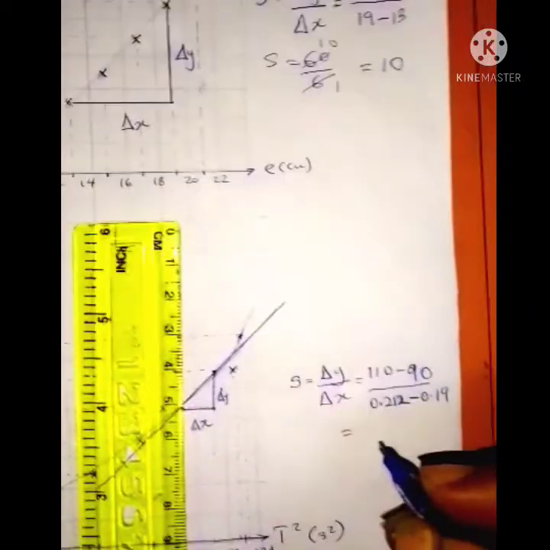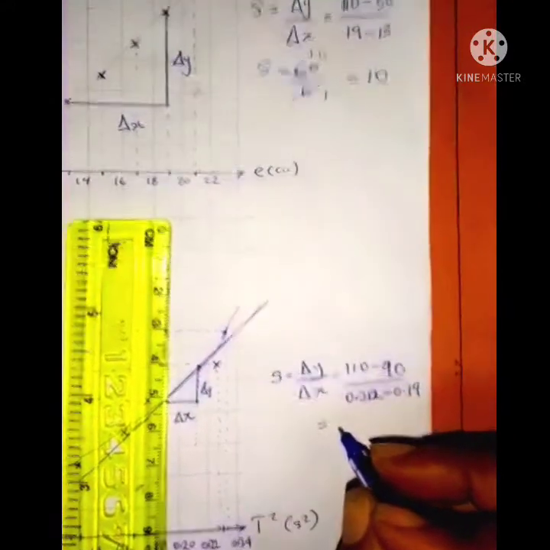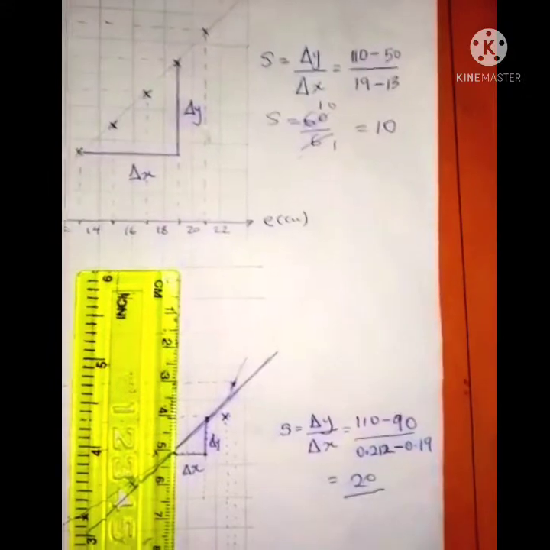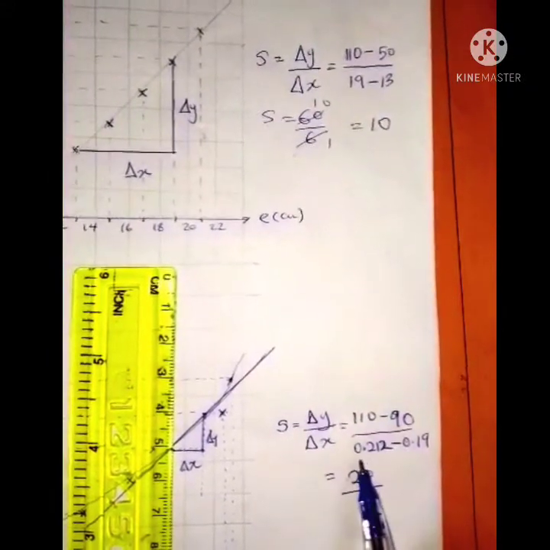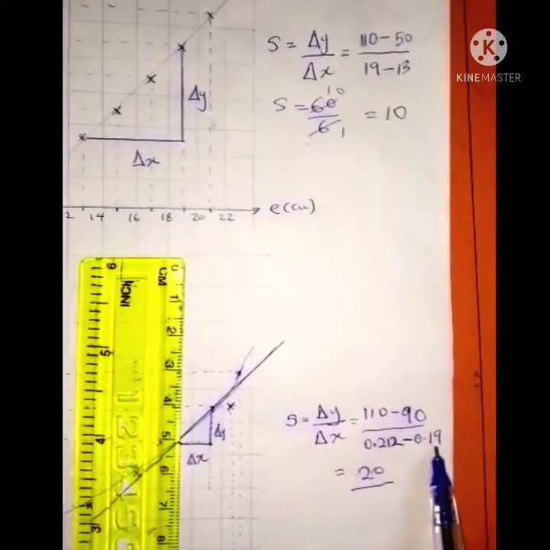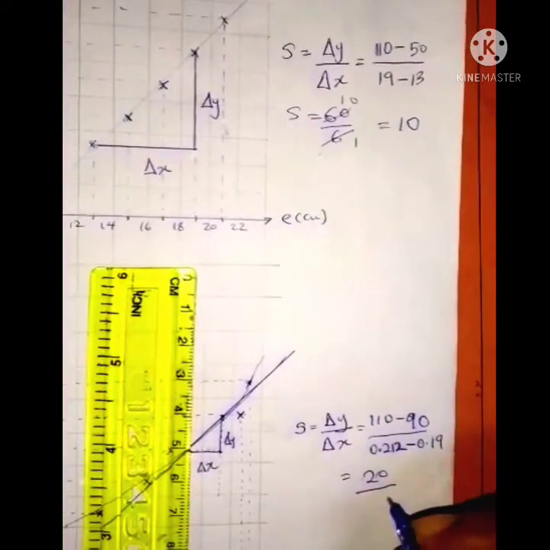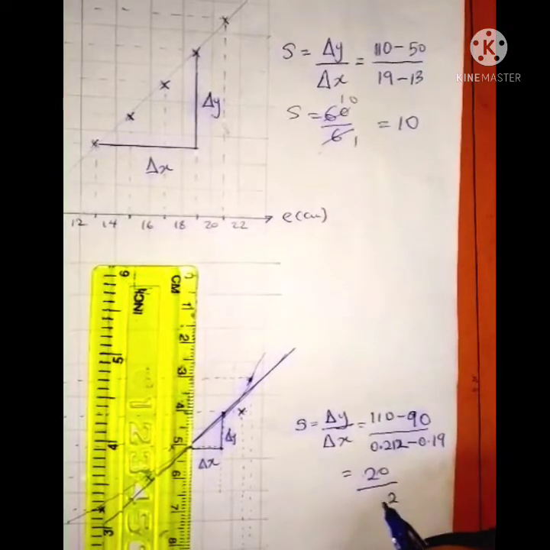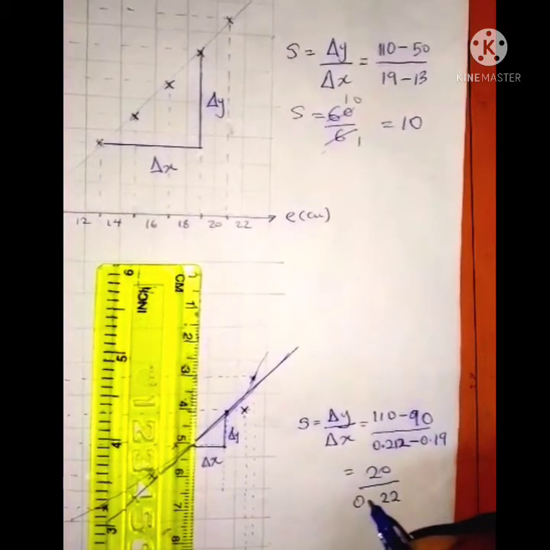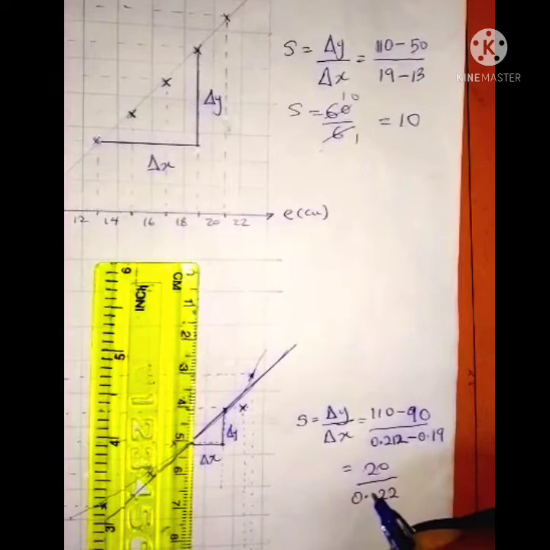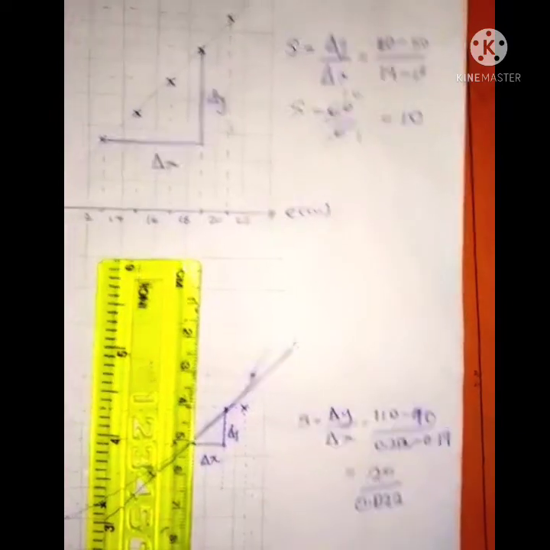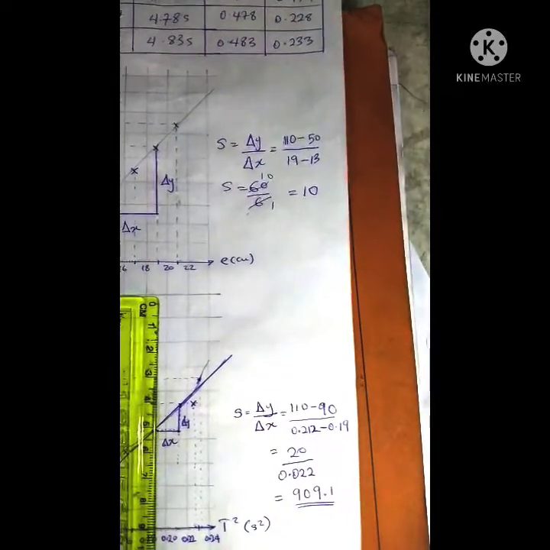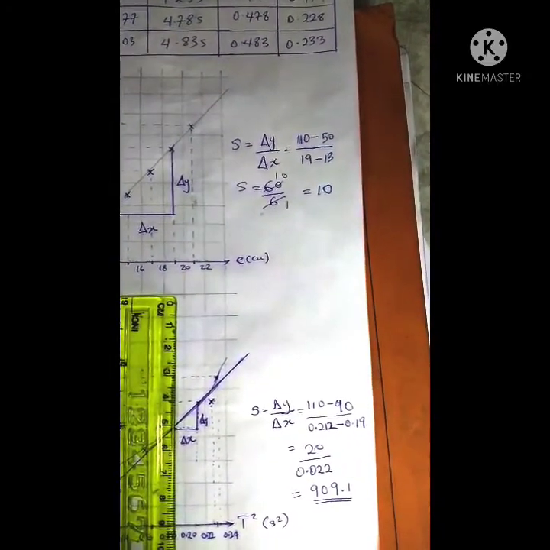So this will give us what? 110 minus 90 will give us 20. Then 0.212 minus 0.19 will give us what? We'll have 2 at the end. 0.022. Okay? So our answer is, the slope for the second graph is this,